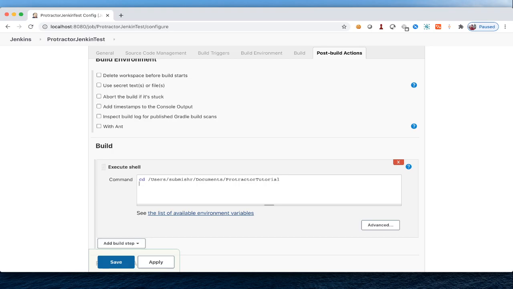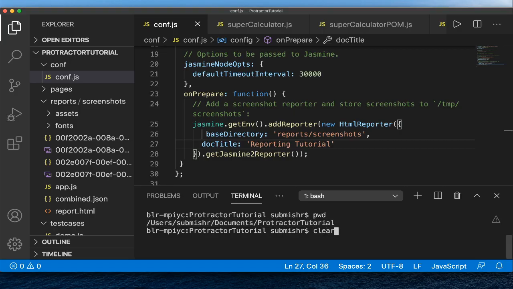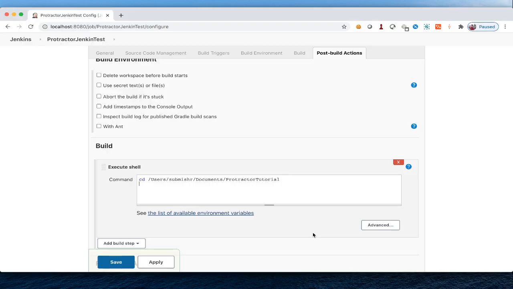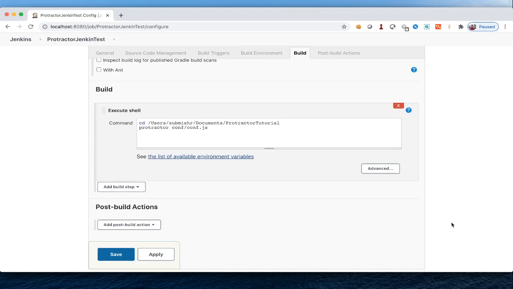Then what we used to do here, we used to write protractor conf.js. So copy this and paste this command. Now you can save this.